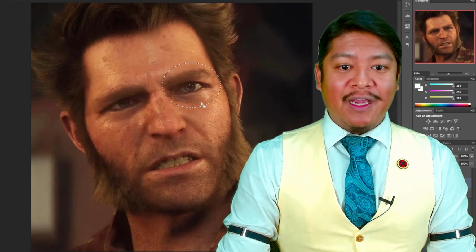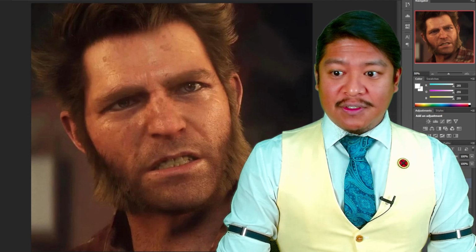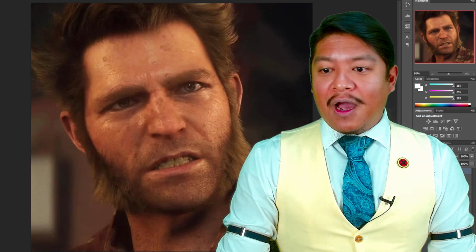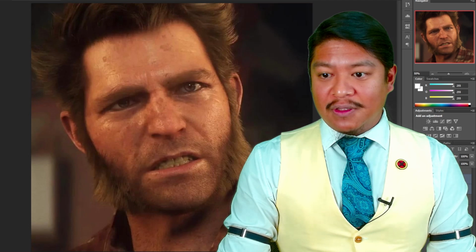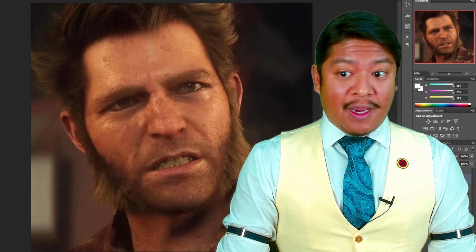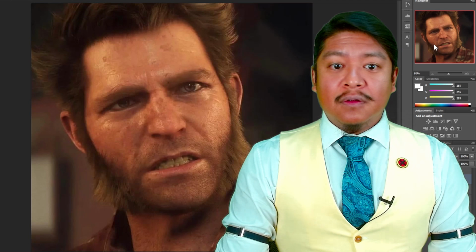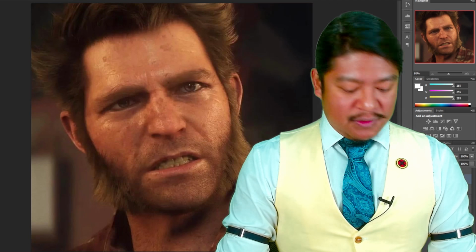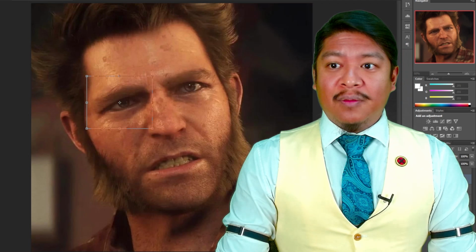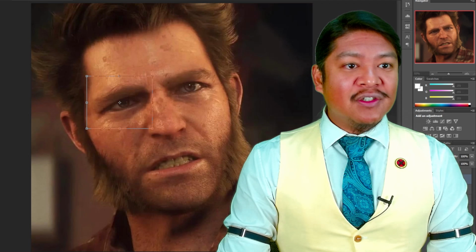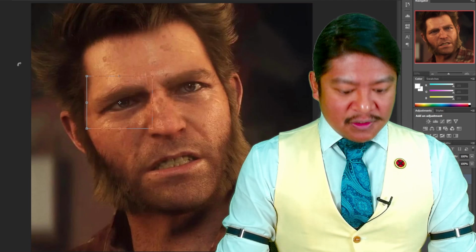Have a look at this eye here. It looks enormous to me. And I'm not here to disparage these developers, okay? I'm not here to insult them and say that they've done a bad job on this game. These developers have made the game to the very best of their ability. But for me personally, the eye just looks gigantic. This looks bizarre to me.